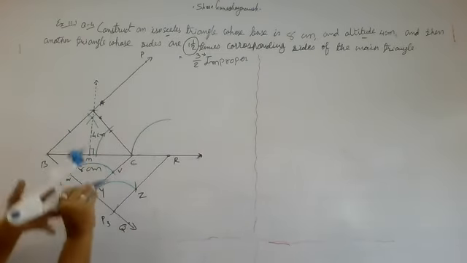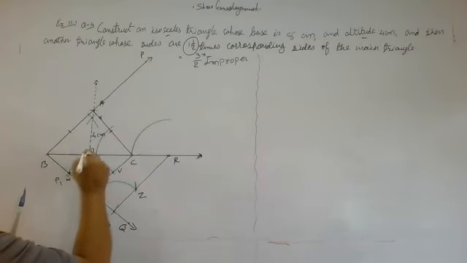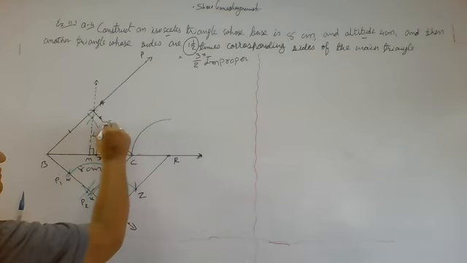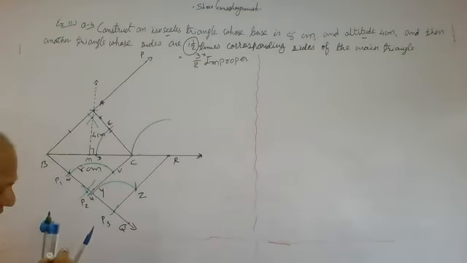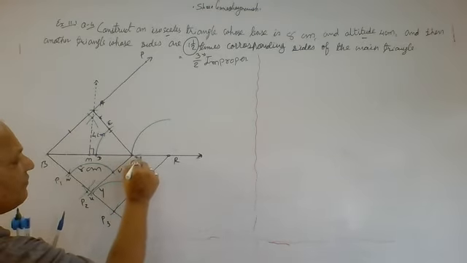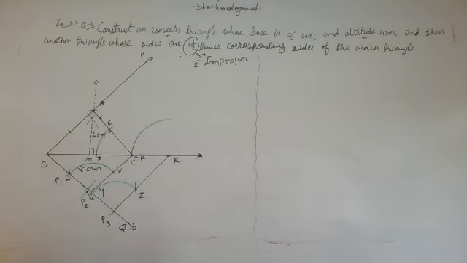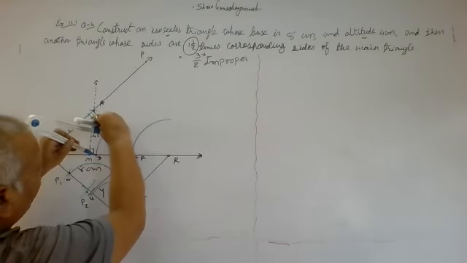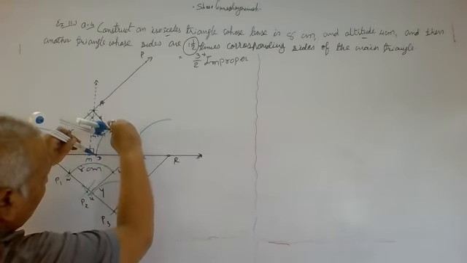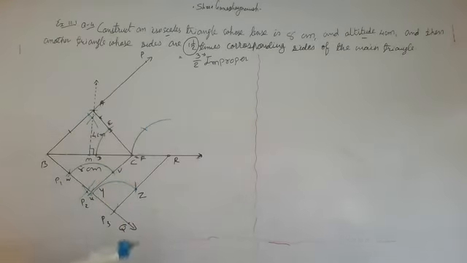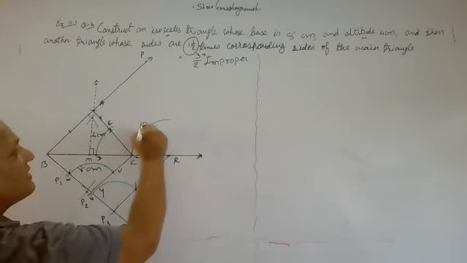Now I have to take the measurement of the width of this angle, and I will give the names D and E. Now we should take the measurement of D and E, and here I should give the name F. C equal to F for this instance, but not everywhere. Now I have to take the measurement of width of this angle. It is exactly this much. With the same measurement I have to cut an arc. When these arcs meet, I have to give the name G.